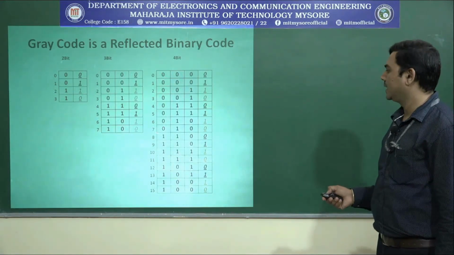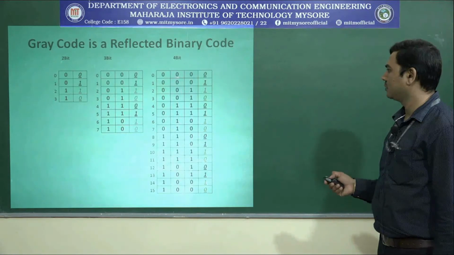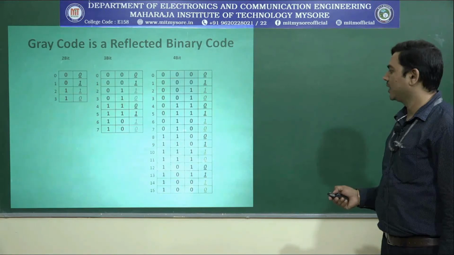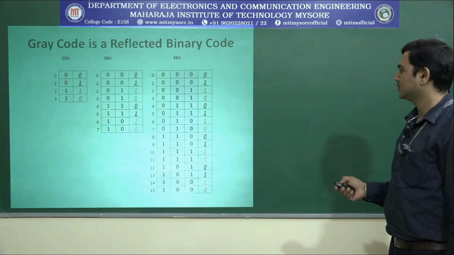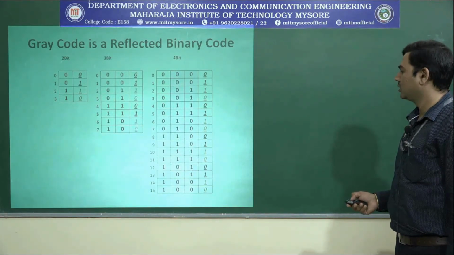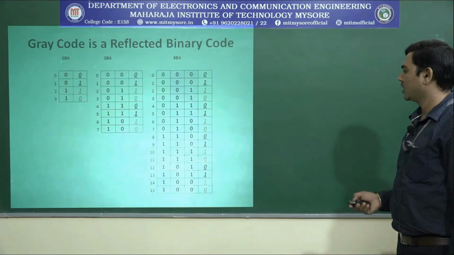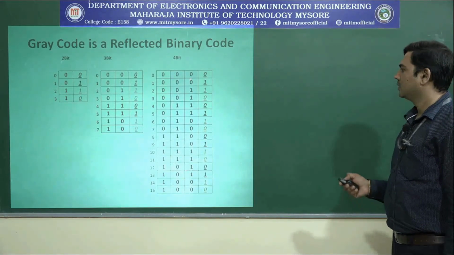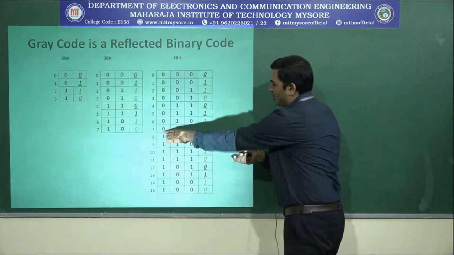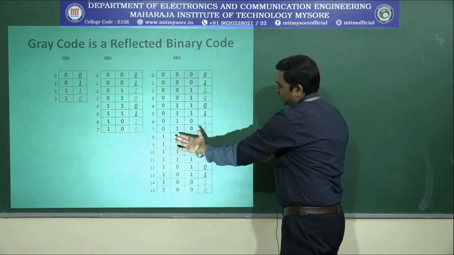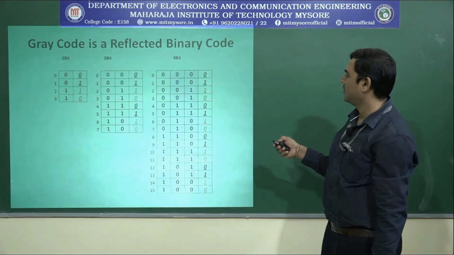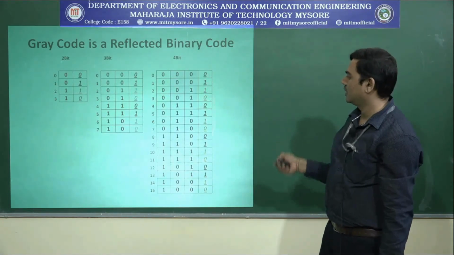Half of that is 8, up to this point you have a set of numbers 0 0, 0 1, 1 1, 1 0. Then after half, it will be again the repeat of this, 1 0, 1 1, 0 1, 0 0 at the end. If you fold this table along this line, these two bits will be the mirror on the other side. This is as usual 0 1, its mirror 1 0, its mirror 0 1, like this.